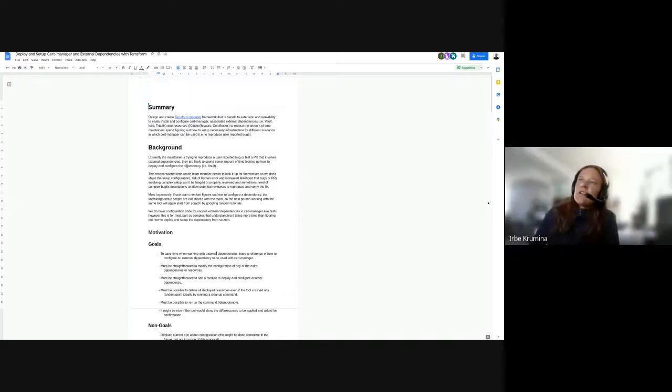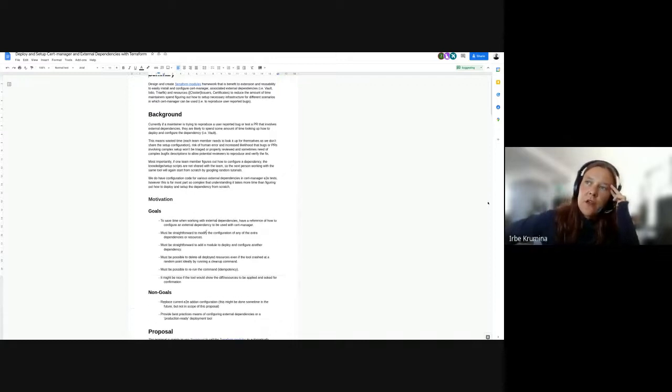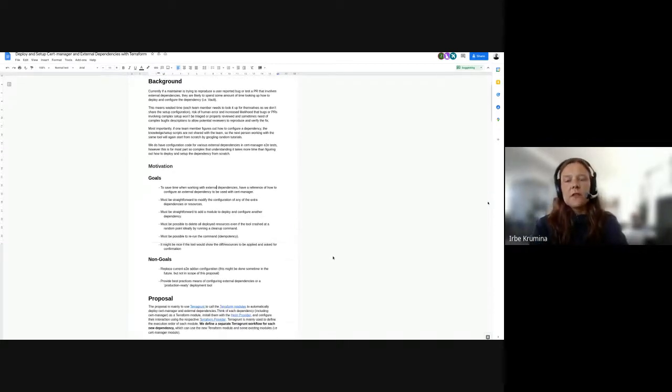Shai-Chang has done some really good work on this. The idea is basically to use Terraform. The Google Summer of Code project is mostly to help maintainers and people who just want to play around with cert-manager locally to reproduce issues, to install cert-manager and configure it together with external dependencies, like ingress, gateway controllers or Vault.